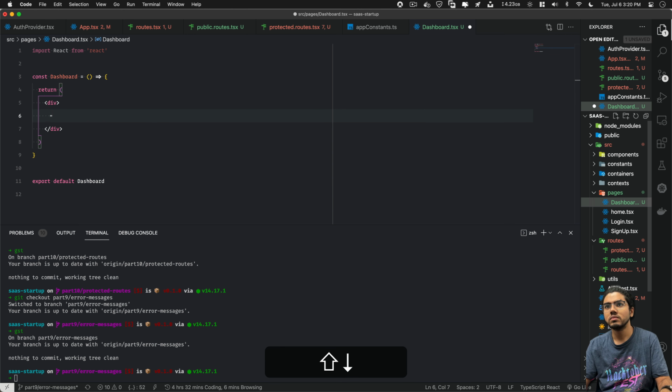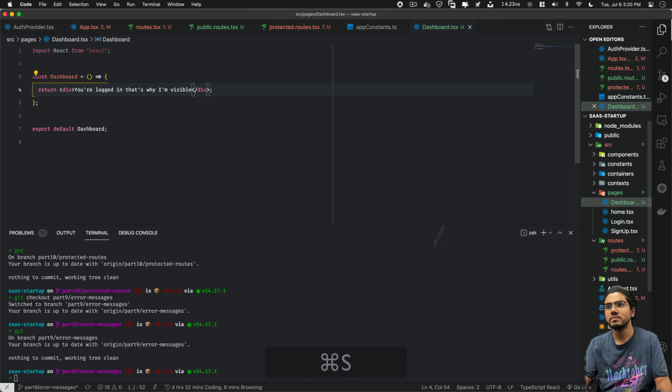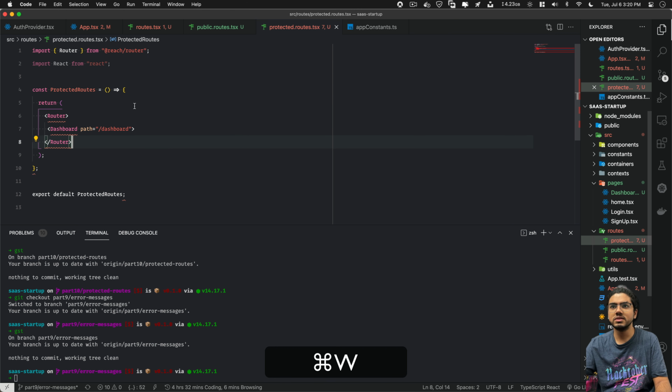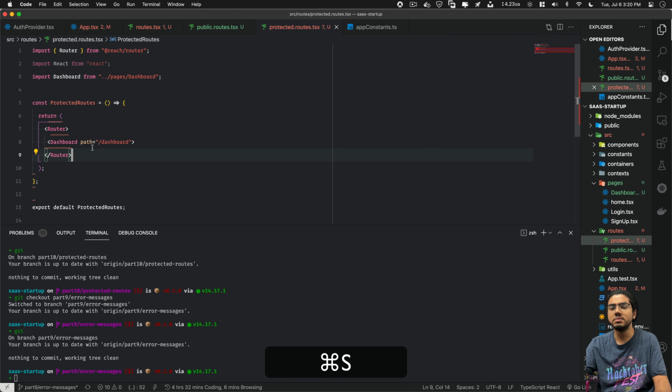You are logged in, that's why I am visible. Okay, so if a person is logged in, then only he'll be able to visit the dashboard. So we just now imported dashboard. Okay, so you can see we are getting this squiggly line. What we'll do, we'll add these route component props here in the dashboard.